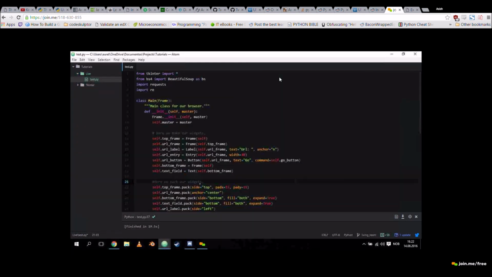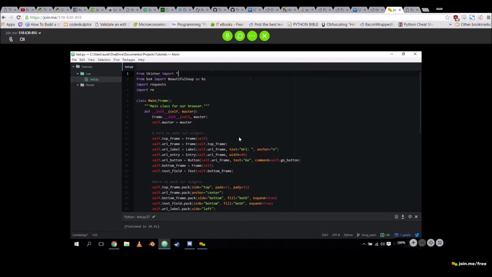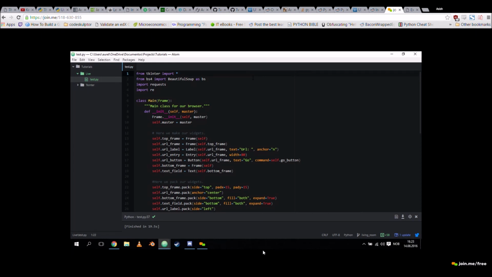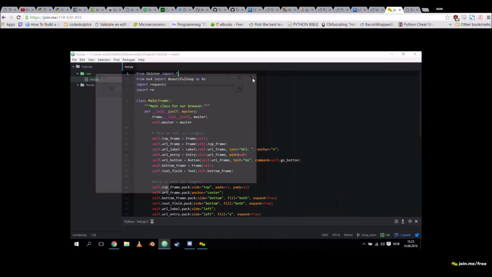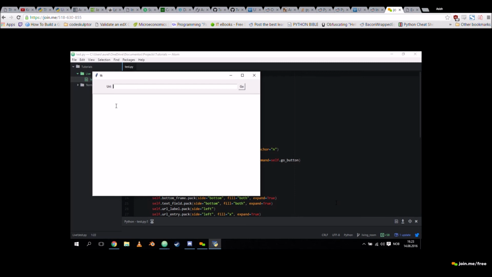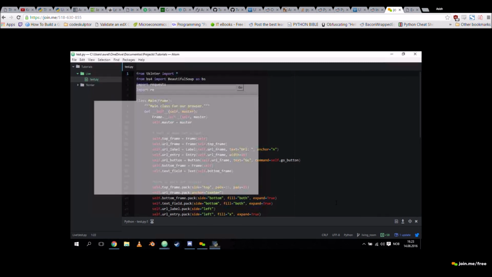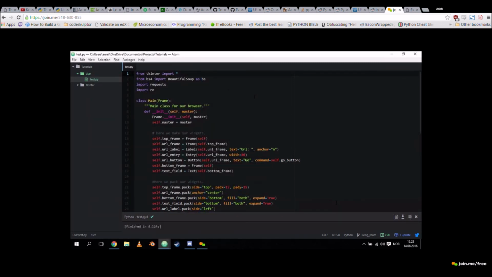So ttk is something they added later because people were complaining that Tkinter wouldn't take the native OS buttons when they changed it. Oh, it would always default to this classical style that kind of looks like this. So the buttons, it doesn't look very good. With ttk, it looks a little bit better.